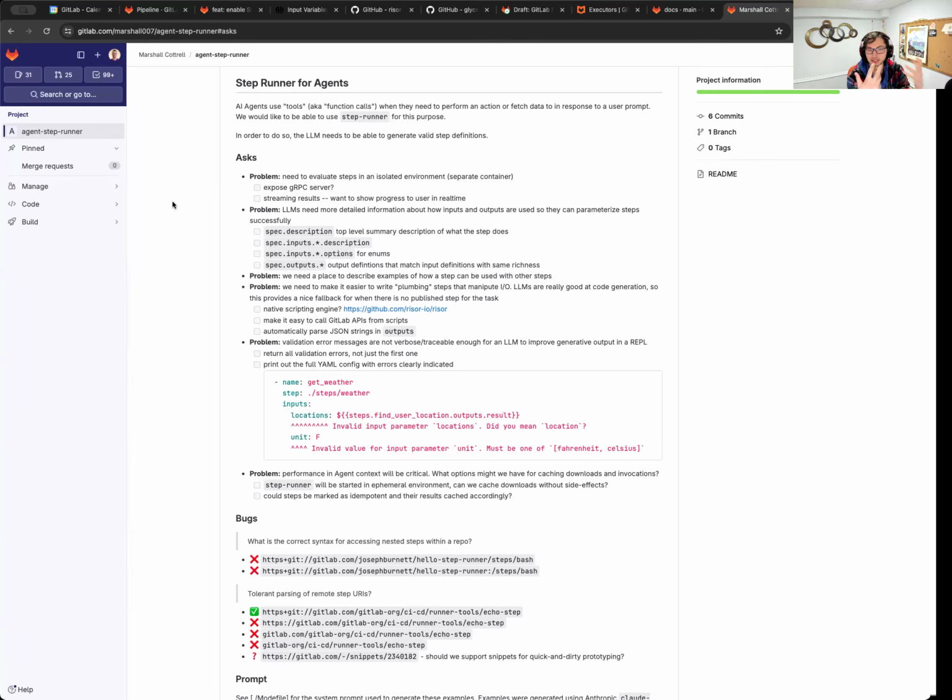When we were starting to think about how we might do this, we basically had two options. One is similar to how they've begun to implement actions in Duo, which is to just hard code them into the application, right? So Duo can do a finite set of things. I don't know exactly what off the top of my head, but it can interface with merge requests somehow. It can summarize issue descriptions. There are various connection points that we've made with GitLab internals